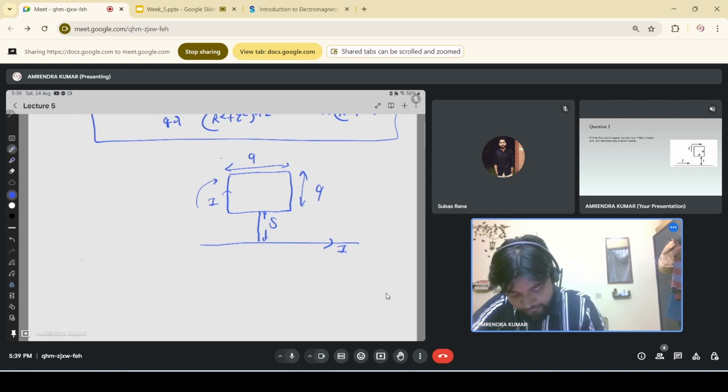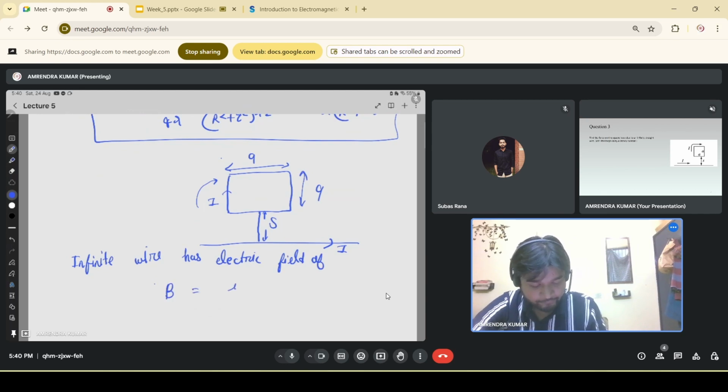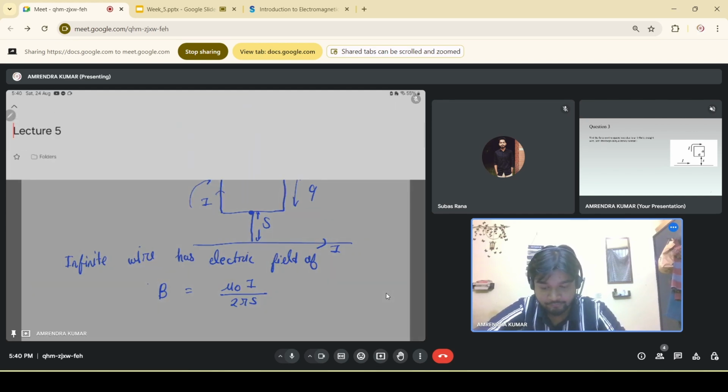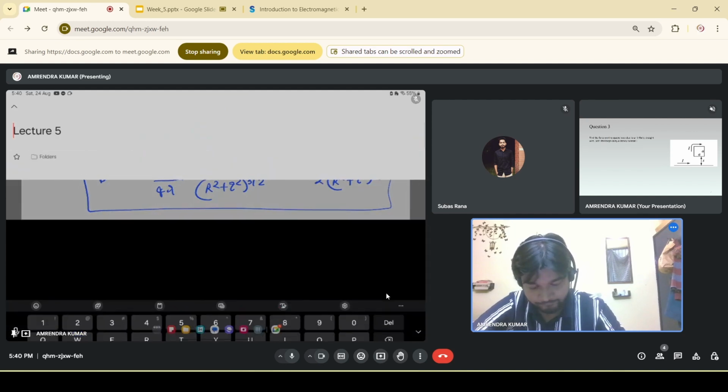अभी हमें पता है कि जो मैग्नेटिक फील्ड वायर की वजह से होता है, अगर एस डिस्टेंस पे कैलकुलेट कर रहे हो, तो म्यू जीरो आई ओवर टू पाई एस होगा। ओके, तो ये इतना होता है।